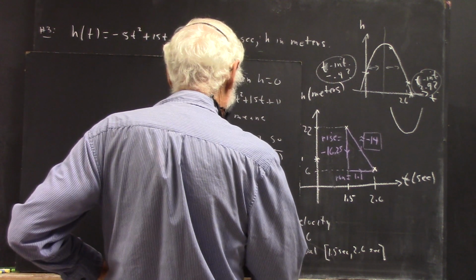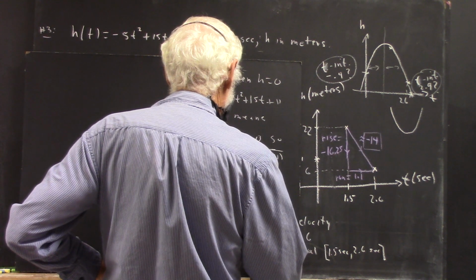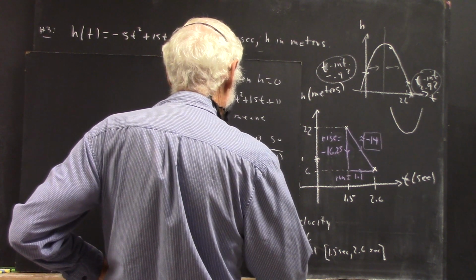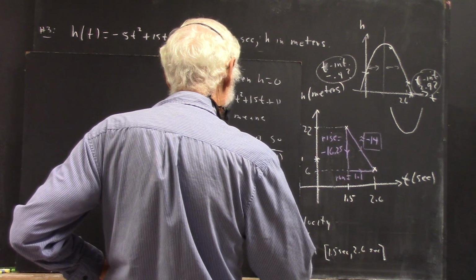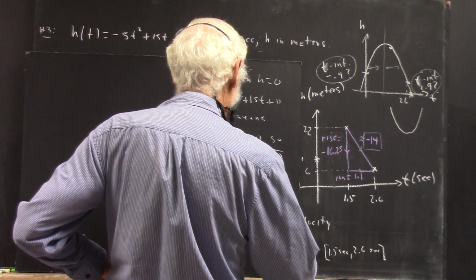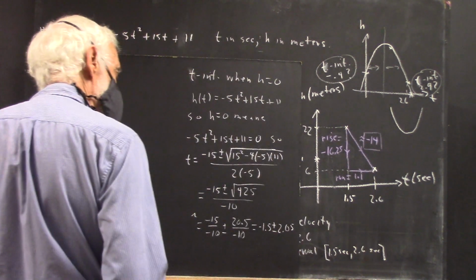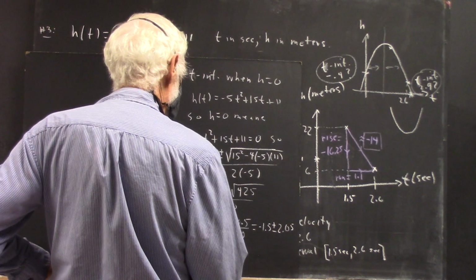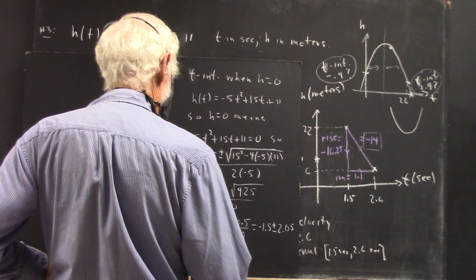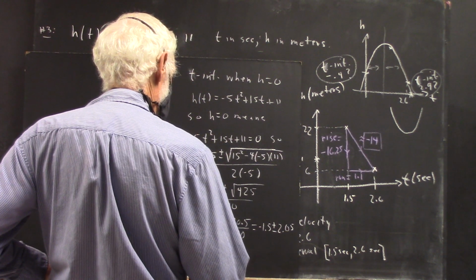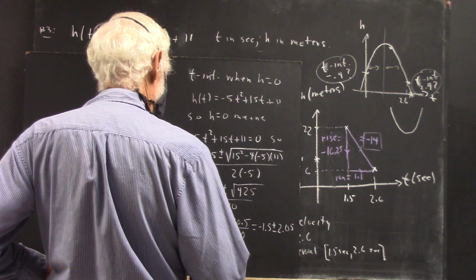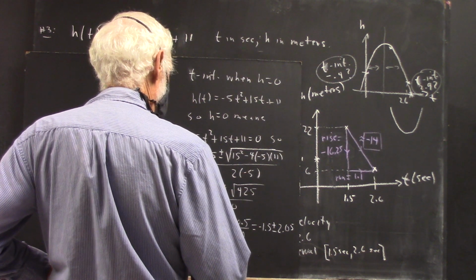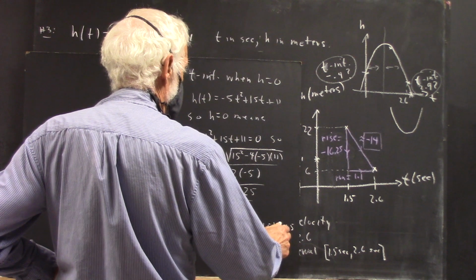Okay? Which is negative 1.5 plus or minus 2.05, which is well, negative 1.5